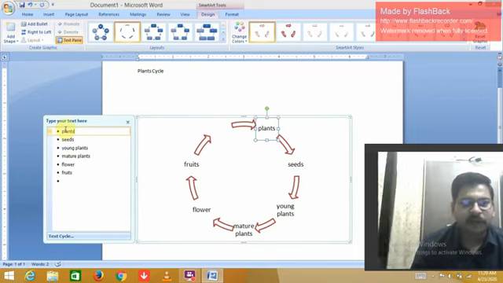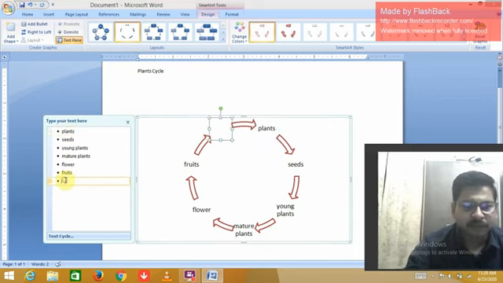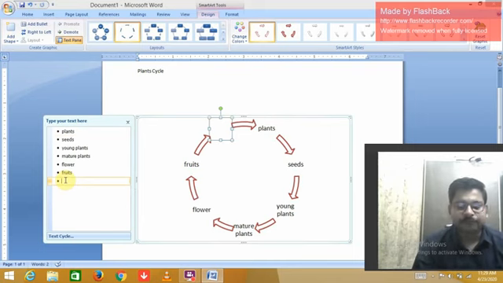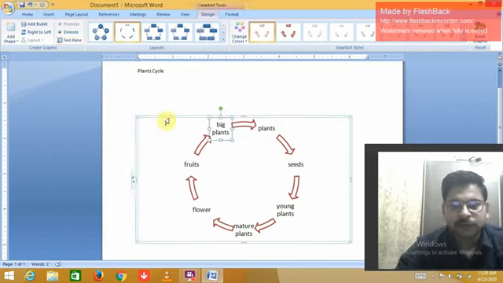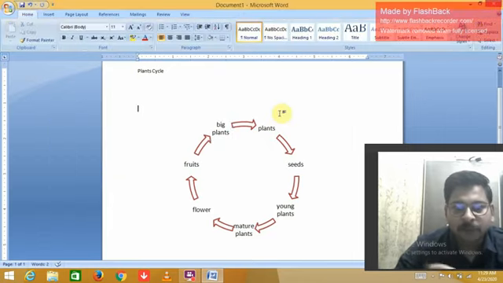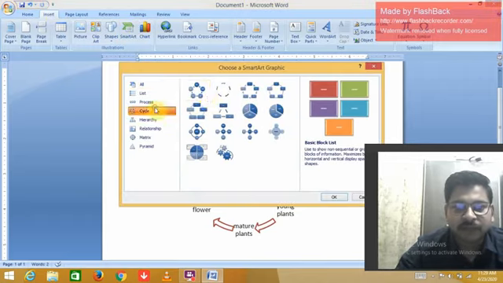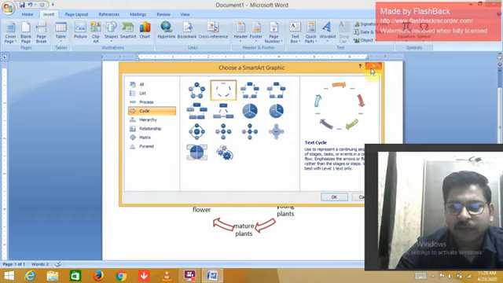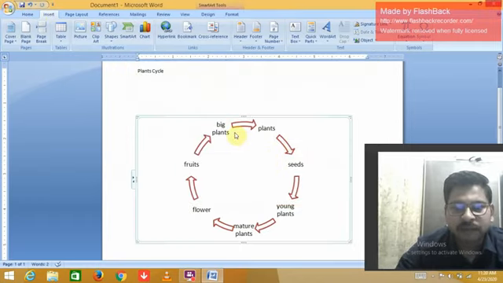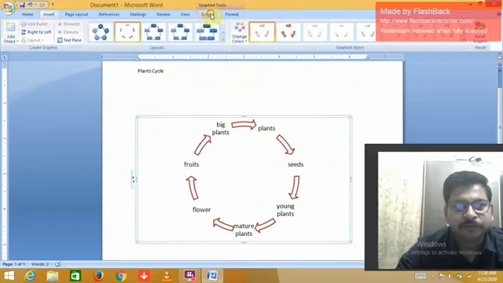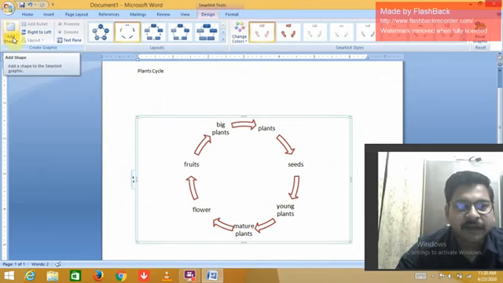I enter plants, and from there you can add big plants. There is a cycle only for 5 words. If you enter more than 5, you can select add shape from there.